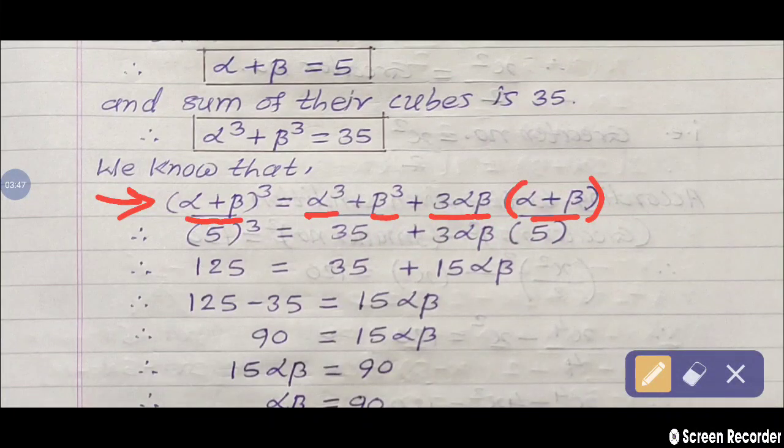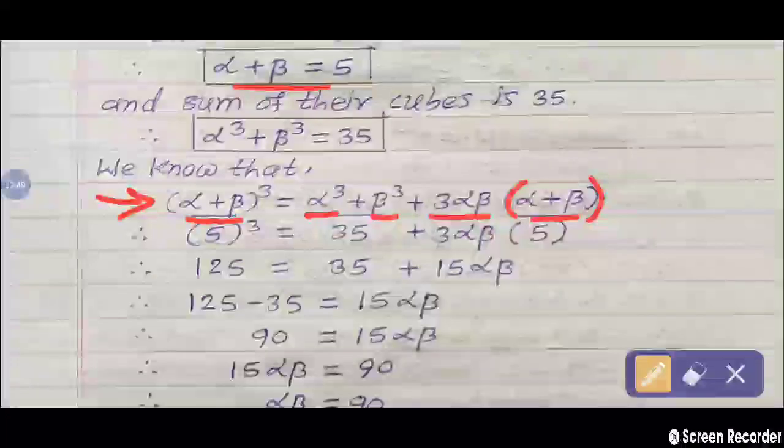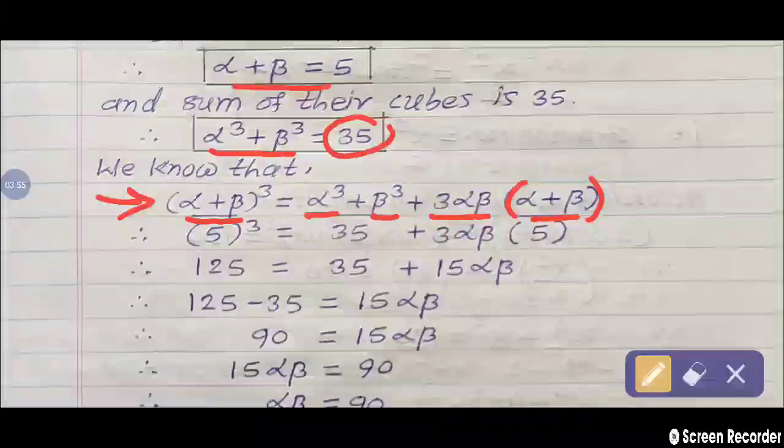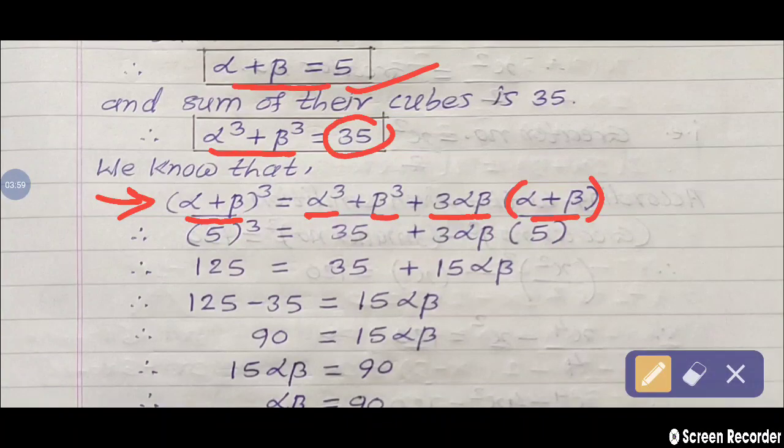We know the values of alpha plus beta and of alpha cube plus beta cube. Clear? So we substitute these two values. The value of alpha plus beta is 5, so we substitute 5 and take the cube: 5 cube is equal to